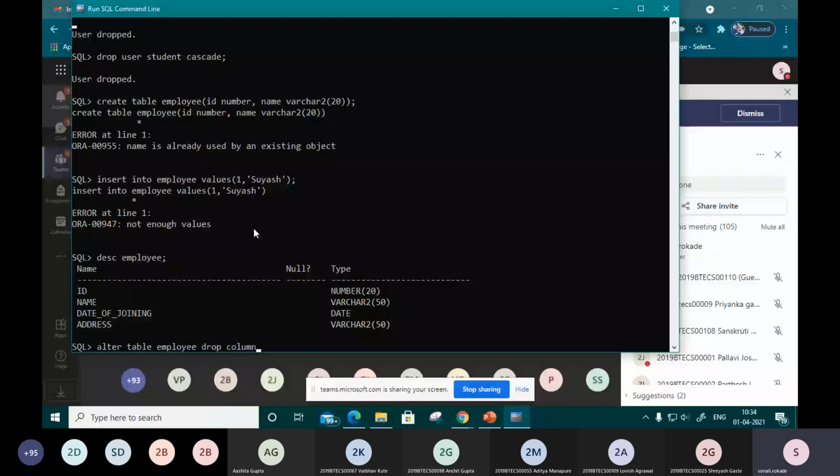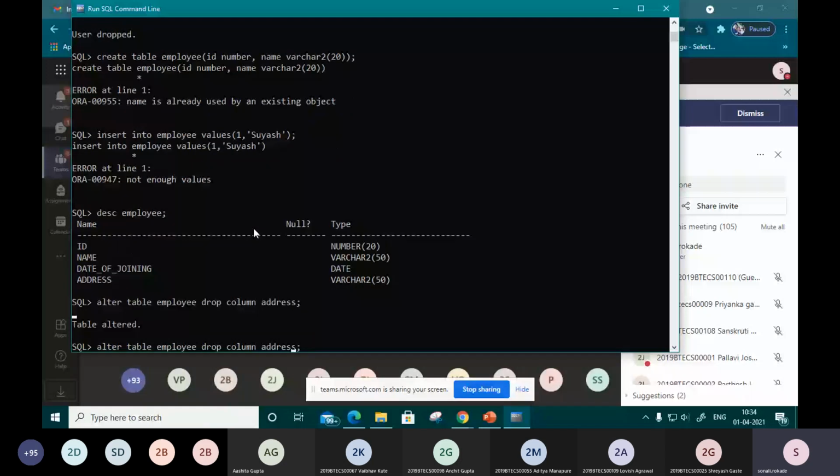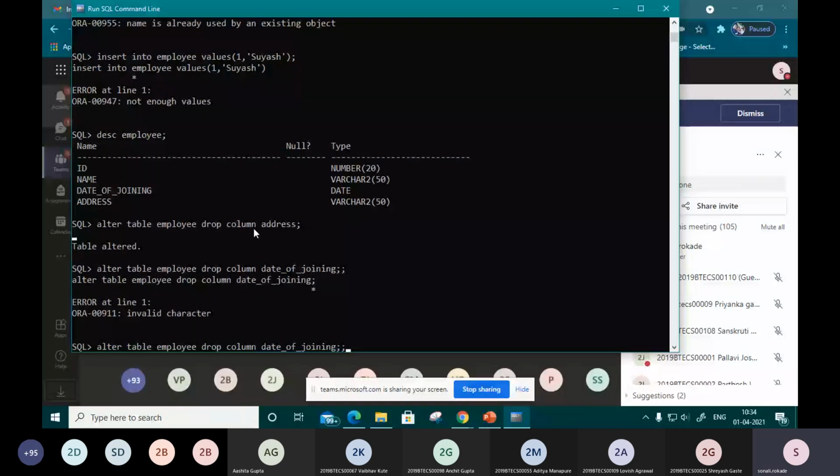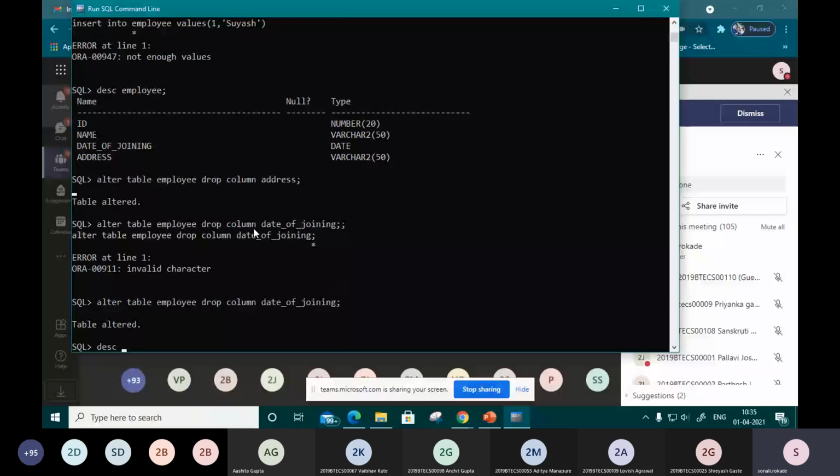In the same way, again I'm going to drop another column, that is date of joining. So in this way we have only two values to add, so it will be easy to